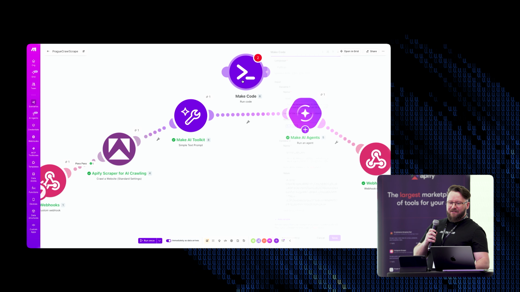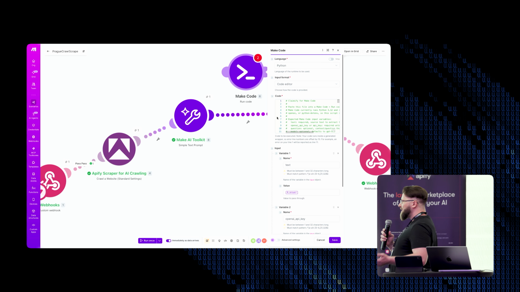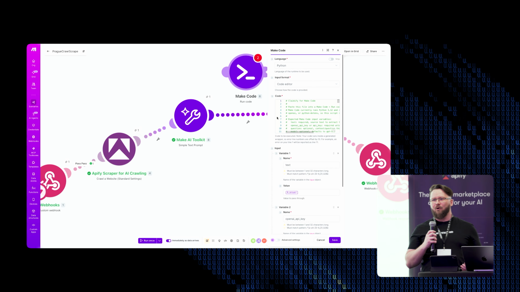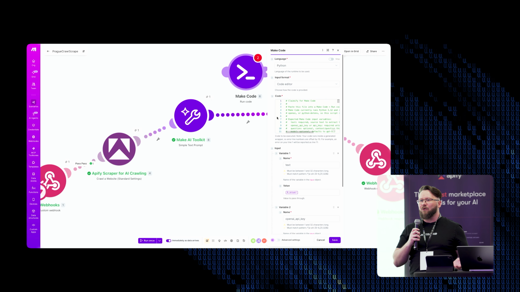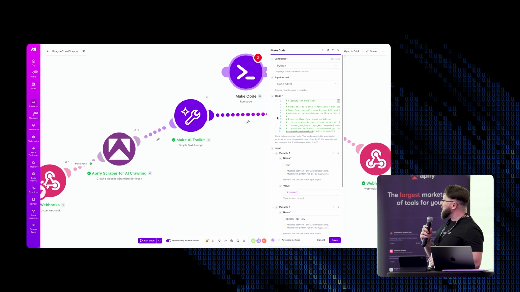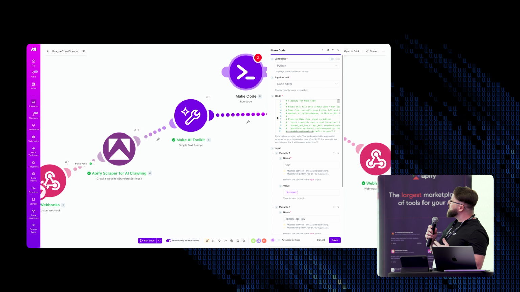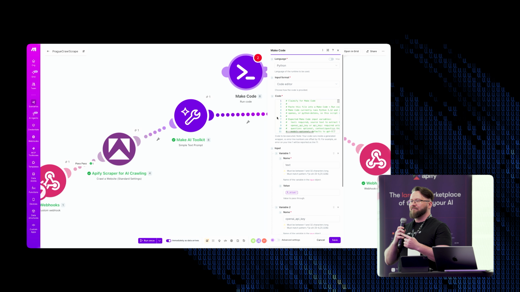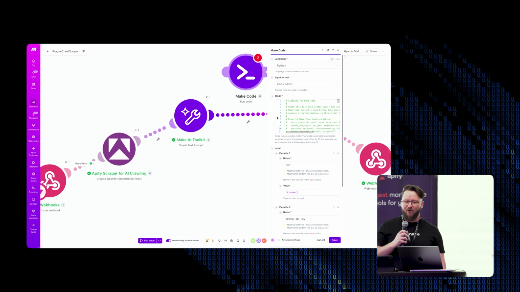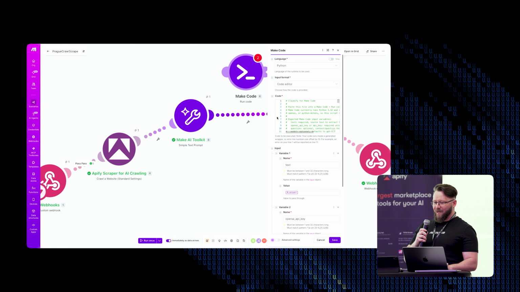I even prepared this bit. Some time ago, Microsoft released a white paper, or proof of software, called Claimify. Claimify is there to extract claims. I created a Python implementation of that, and I can run it even inside Make through one of our recent modules called Make Code. So we are no longer just a no-code tool. Of course, you can do code because, you know, vibe coding, right? So you can vibe code your way to success, even with Make.